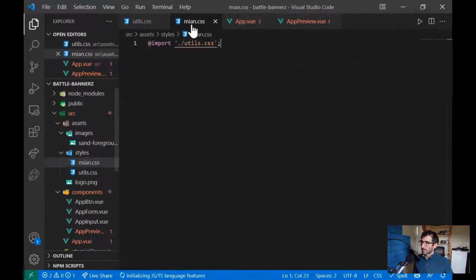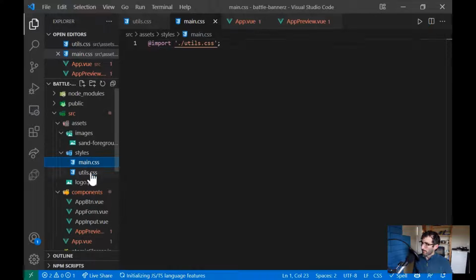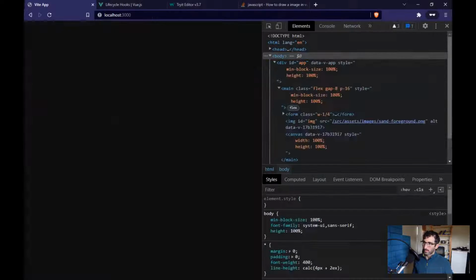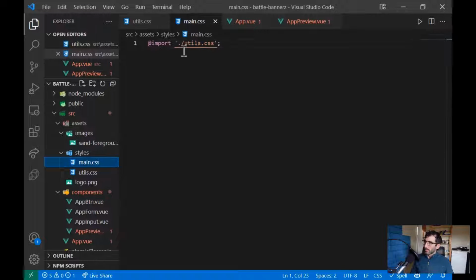Close that. That is spelled incorrectly. Main. Make sure everything looks right. Cool. Everything I think is still looking right. And then main.css should have